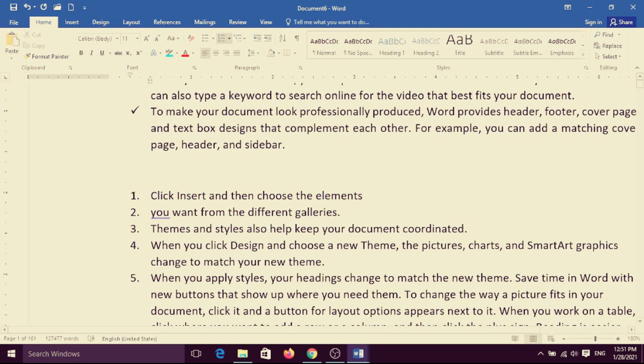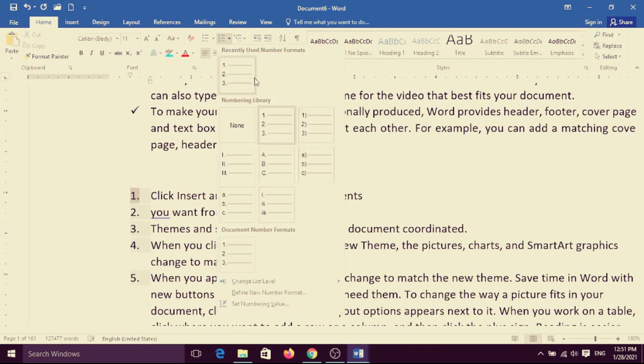Or you can change the bullet also. Select and click on it. If you don't want numbering, you can also use ABC. See, your selected numbering has changed to alphabet. Yes, or you can use small abc, or you can choose Roman numerals. It depends on you which you want. Suppose I want 1, 2, 3, like this type, it will become Roman numerals.